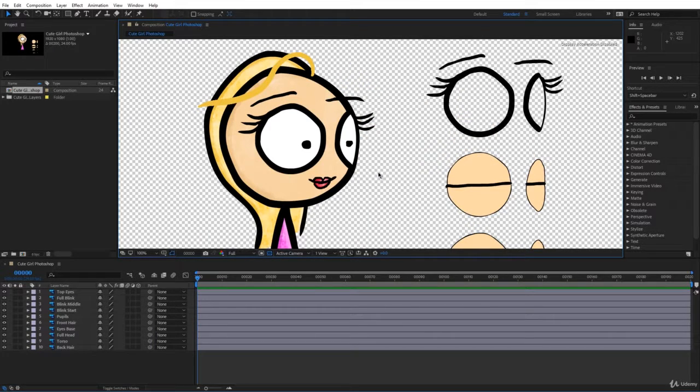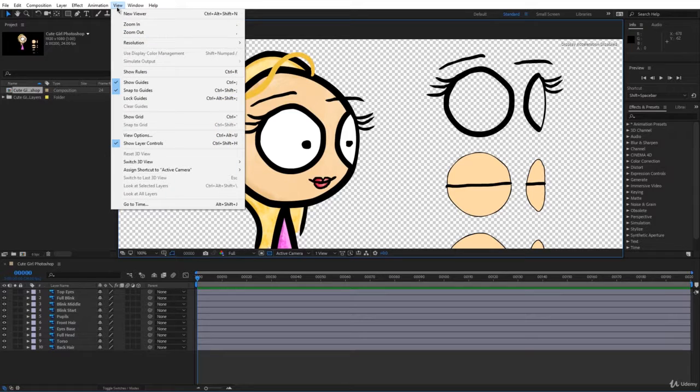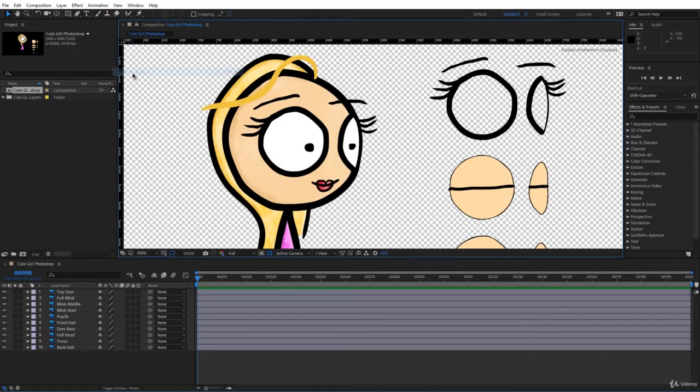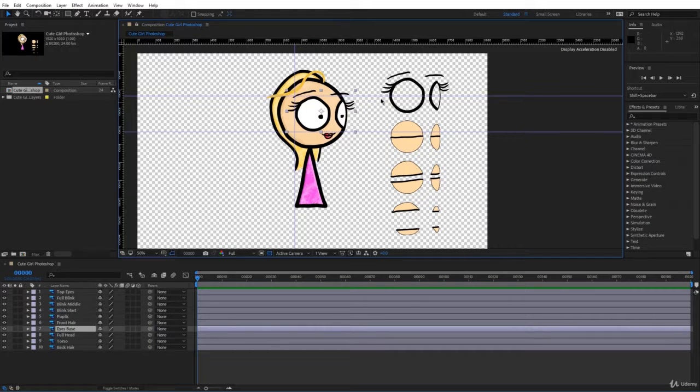Alright, the first step is to mark the eyes position to know later on where to put them back. Go to View, Show Rulers, and simply drag the lines from above and from the left. Alright, perfect. Now as you can see, all of these eye shapes are on different layers